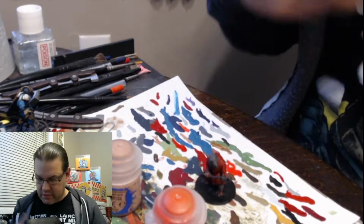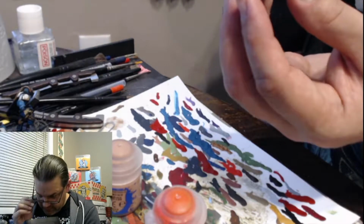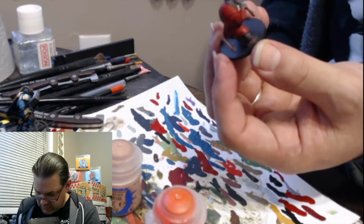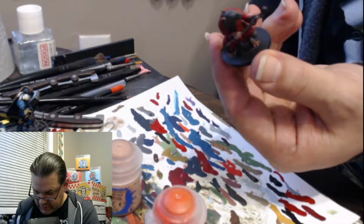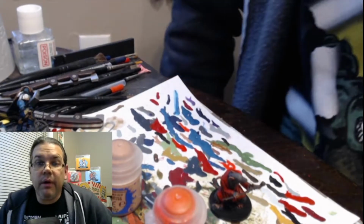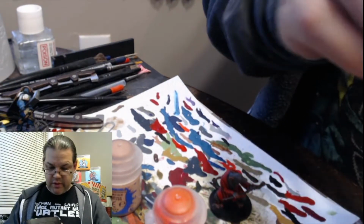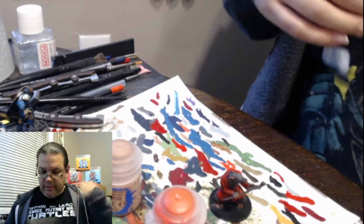So now that he's pretty much got his cloak, or his robes done, we can say move back onto the fur, or we can go into the stick, or again, pretty much just leave him as he is, and that's that too. But we're not here to do that, are we? So let's actually do the edging and the belt